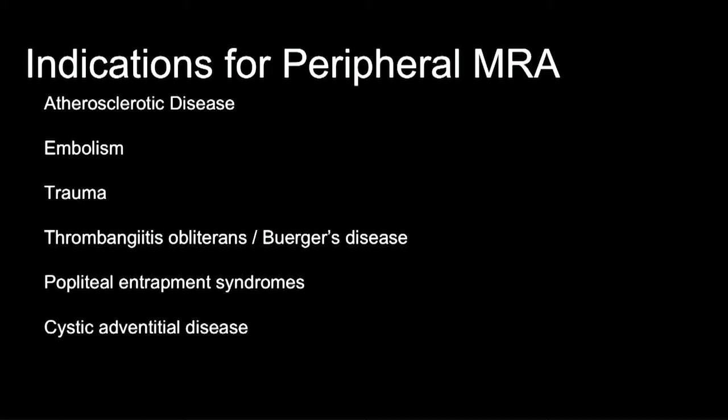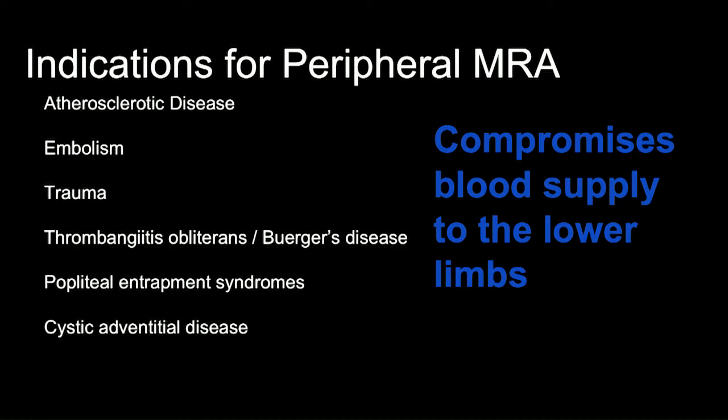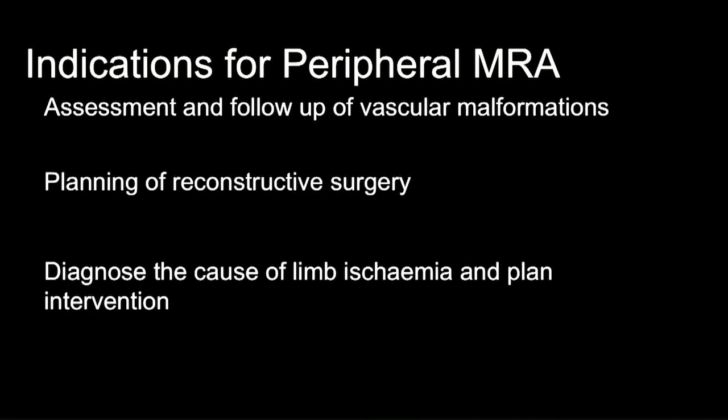So atherosclerosis is by far the biggest indication for imaging the peripheral arteries of the lower limb. Embolism, trauma, and others do make up a significant percentage, although much smaller. They can all be grouped into anything which compromises the blood supply to the lower limbs. But again, ischemia of the lower limbs is not the only reason for imaging. The assessment and follow-up of vascular malformations, planning of reconstructive surgery. The plastic surgeons are doing more and more free flap repairs, and detailed arterial assessment is key to ensure that